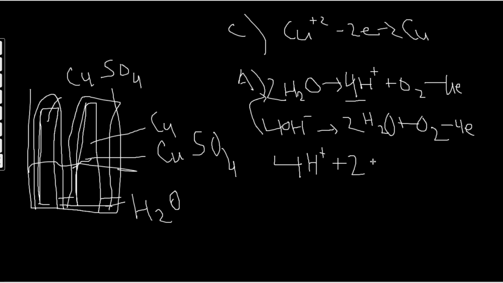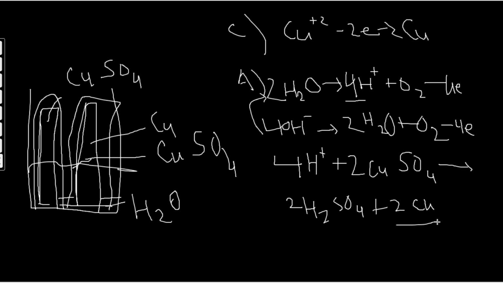What will actually happen is our 2 hydrogen from the water will react with the copper sulfate to form sulfuric acid and copper. Just ignore the 4H plus for now. The 4H plus actually gets transferred into the hydroxide ions. But the final product will still remain the same, where we will have 2 sulfuric acid and 2 copper as